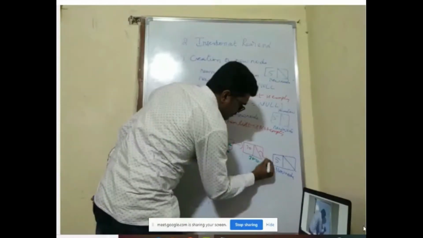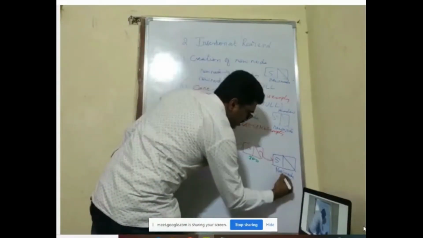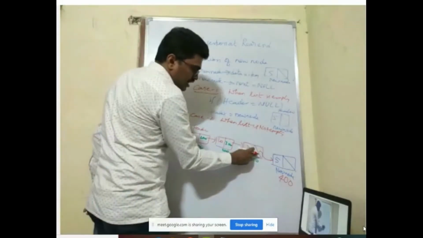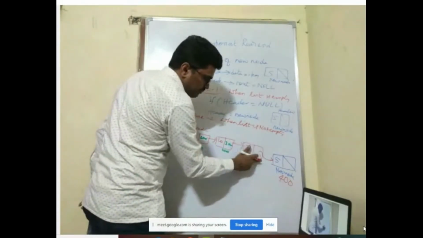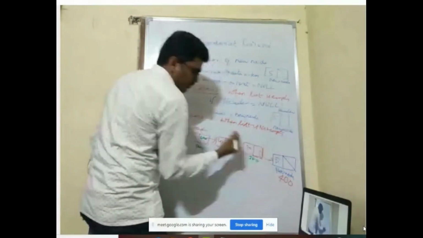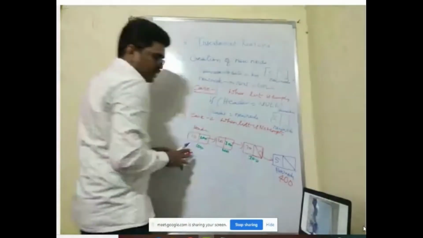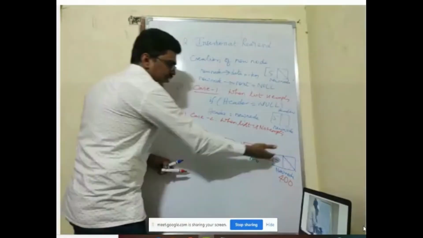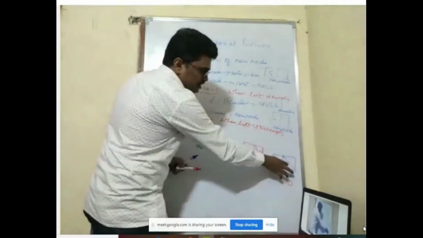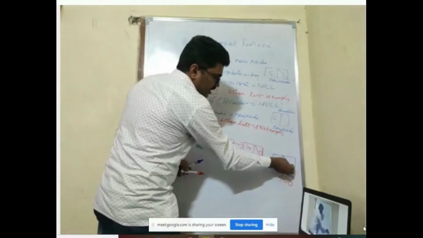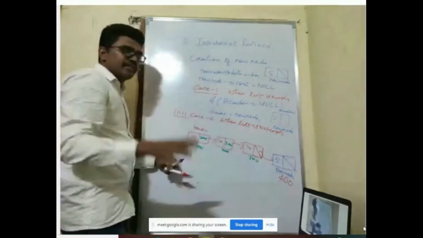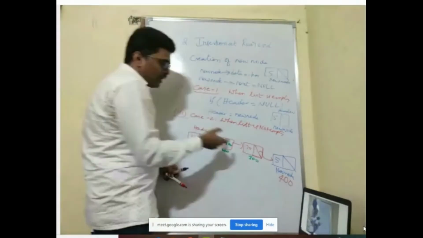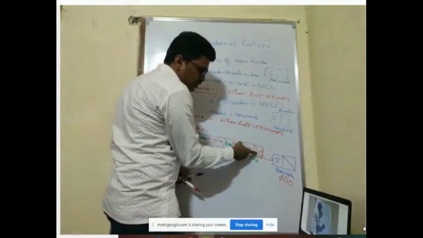If I link this one, for this also I have some address. For example, my address is 400. So now in this last node, I have to remove null and put 400, then my job is over. Yes or no? If I remove this null and put this 400 here, that gets inserted. Already I kept the new node's next as null, so since it becomes the last node, its next part is null and all the conditions will be satisfied. Only one thing I have to do is put the address of this new node here.